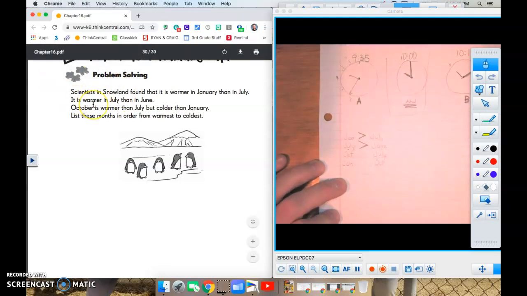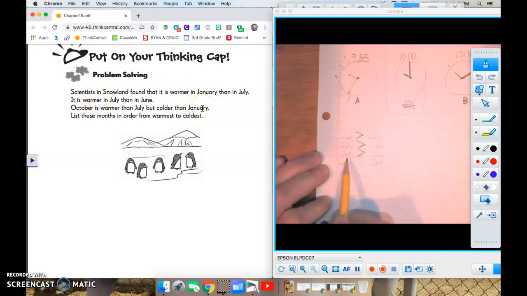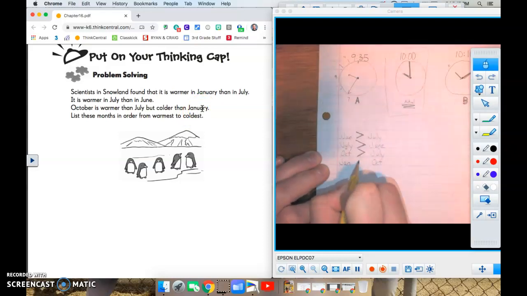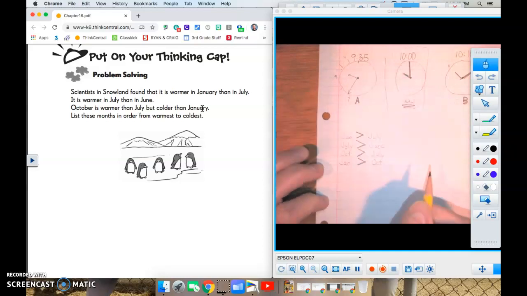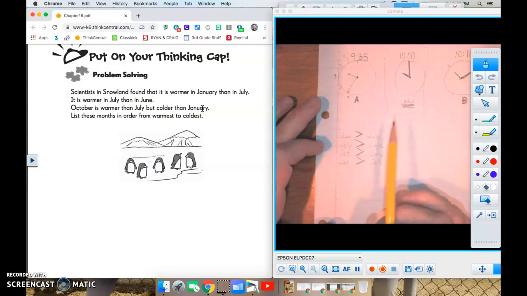All right, October is warmer than July. So October is warmer than July. Uh-oh, but colder than January. Well, if it's colder than January, that means January is greater than October, or warmer than October. Okay? So, the greatest month, the warmest month that we have here, so January